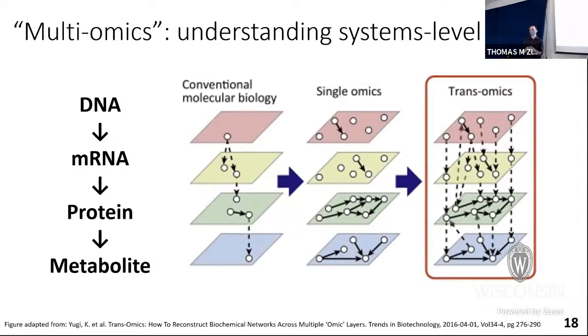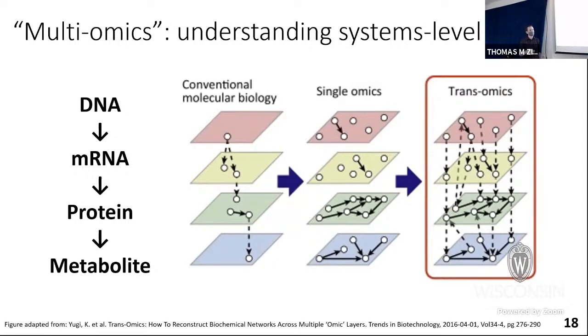Omics essentially tries to look at everything at any of those individual levels. So there's something called genomics, where you look at the entire genome to see what's different over time, or what's different within the genome between patients. Transcriptomics is looking at all the transcripts or all the mRNAs within the cell to try to see what's going on across the board, kind of a discovery-based approach. You don't know beforehand what you're looking for, you're just trying to see what you see. Similar for proteomics and protein levels, and for metabolites, you have metabolomics.